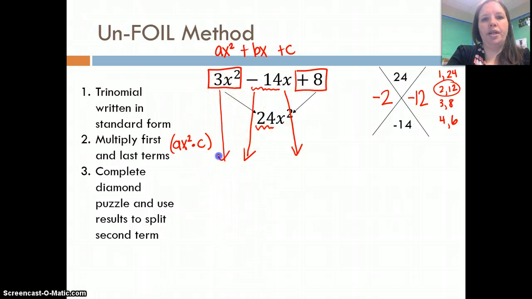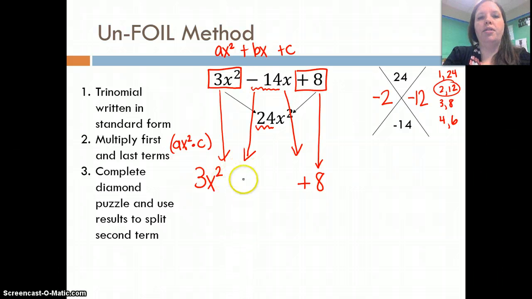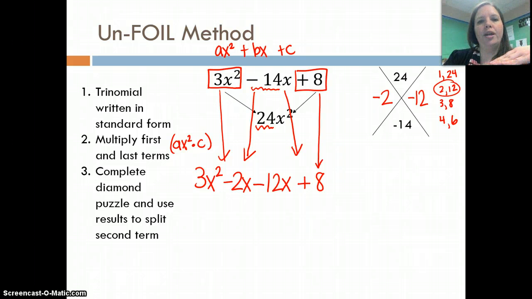Remember we said 3x squared stays the same, and 8 stays the same, plus 8. We're going to take those two numbers and we're going to split, not divide, split negative 14x into negative 2x and negative 12x. Now, did I change the actual value of the equation? The answer is no. I'm just finding that intermediate step of foiling